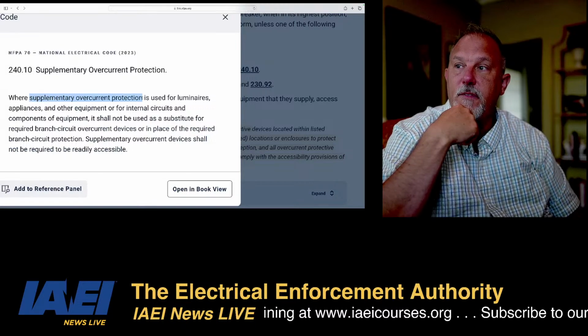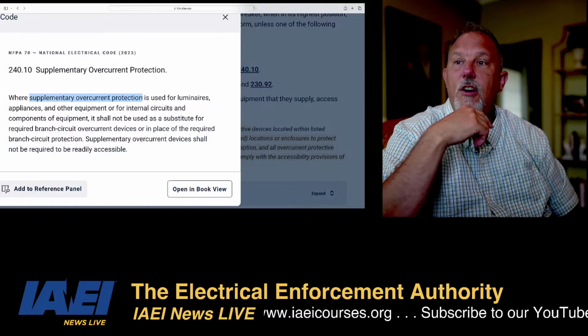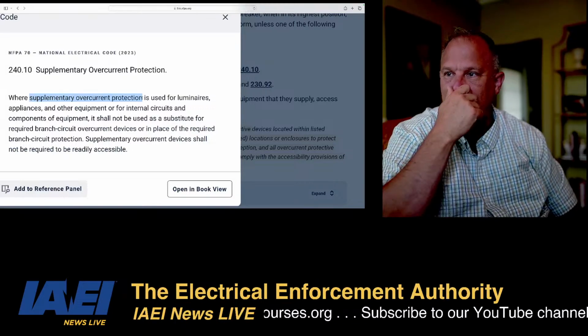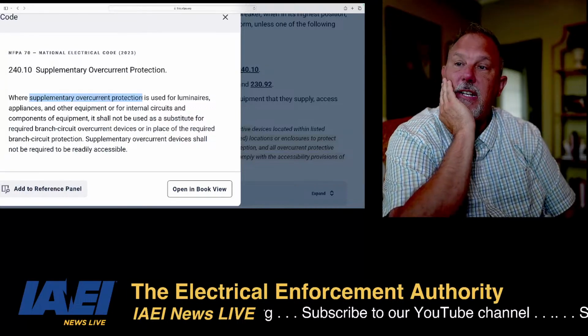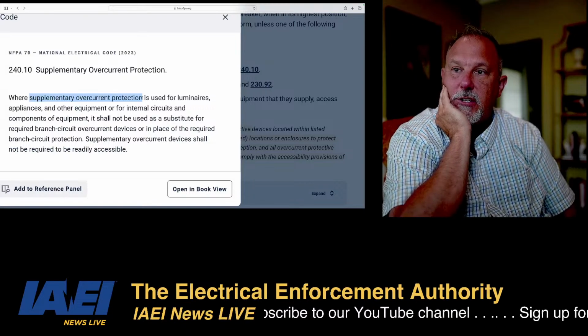Appliances and other equipment for internal circuits and components of equipment, it shall not be used as suitable for required branch circuit overcurrent devices. They didn't even use the term. Or in place of the required branch circuit protection. I would say as a substitute for,